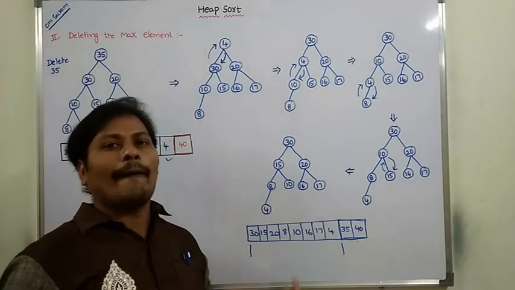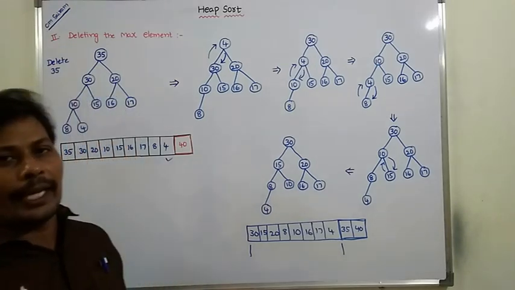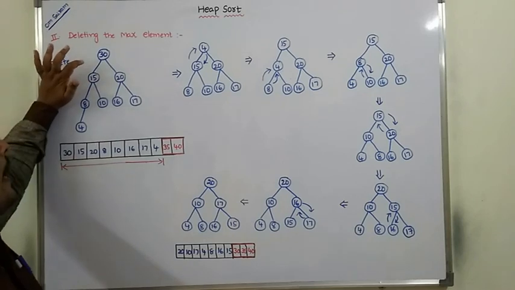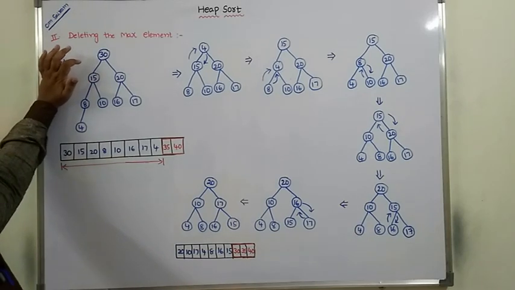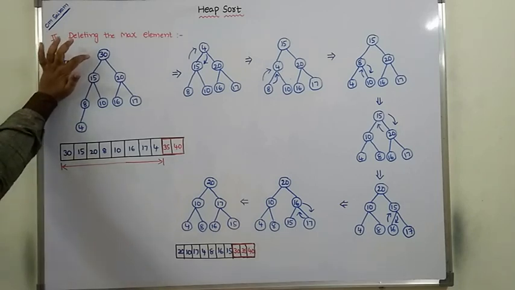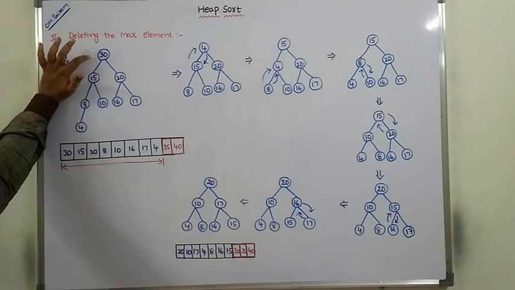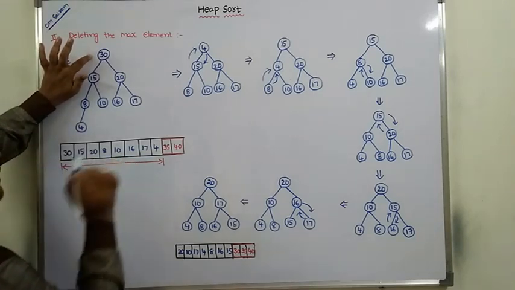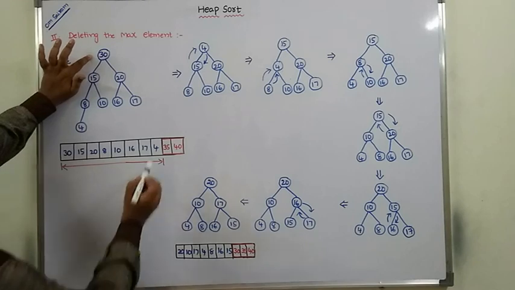Two elements are already deleted. Next, after deleting 35, this is the maximum heap we are getting. Now the maximum element at the root node in the maximum heap is 30. Now we have to delete 30 and replace it with the last element in the maximum heap, that is